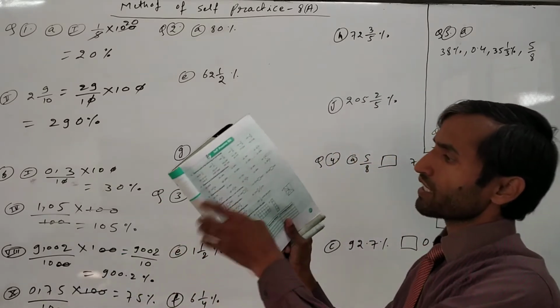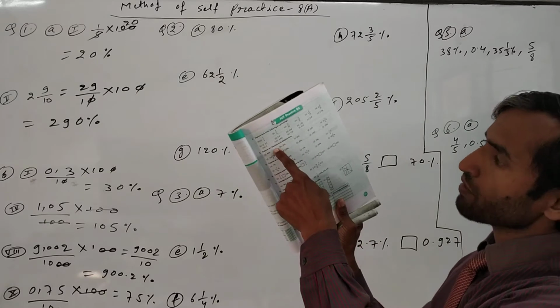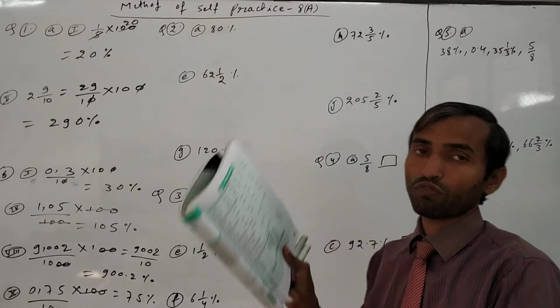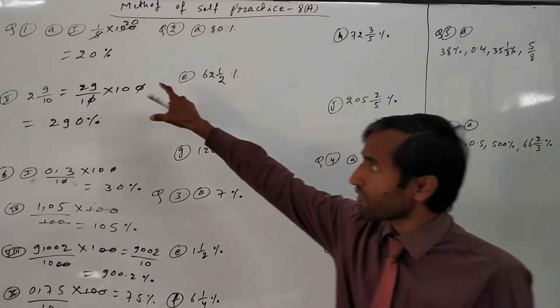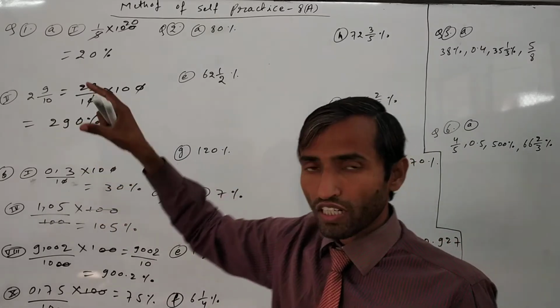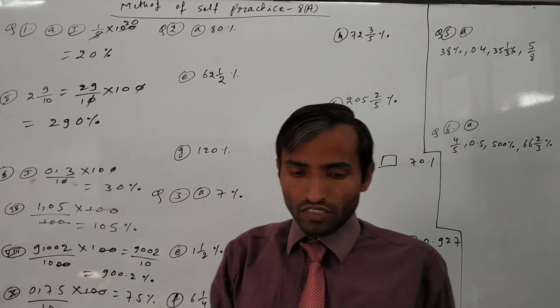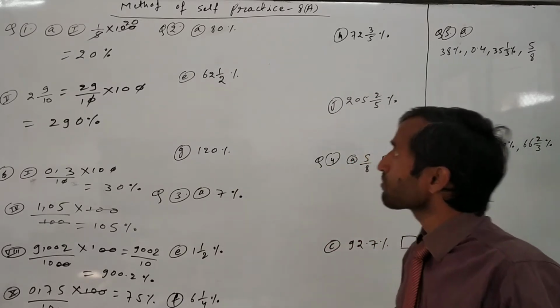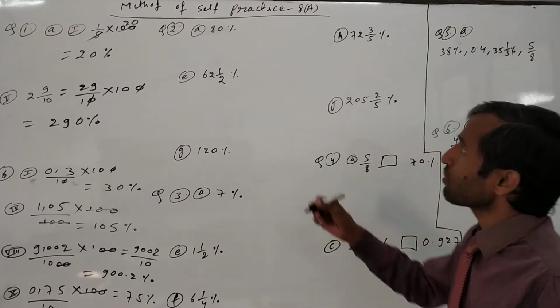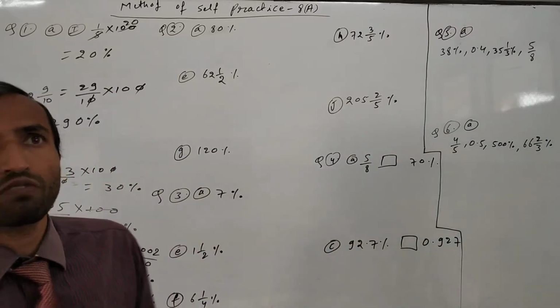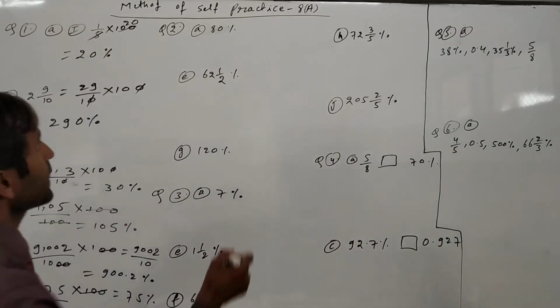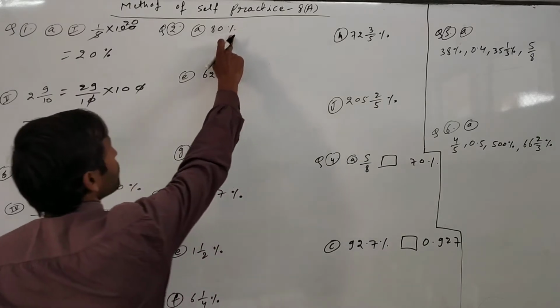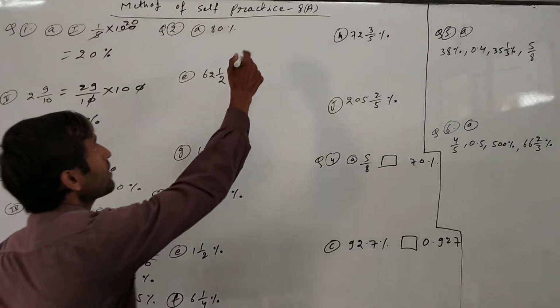The question is given in question number 2: express in its simplest form. Whatever I have left, just try yourself; I have done only some parts here. Okay. Now in question number 2 also I have taken some questions and some questions I have left for you. So first of all we have to convert into simplest fraction. For that just remove the percentage. For that we have to divide by 100.